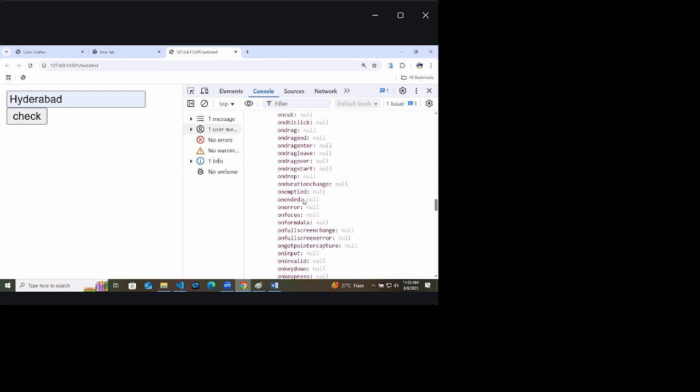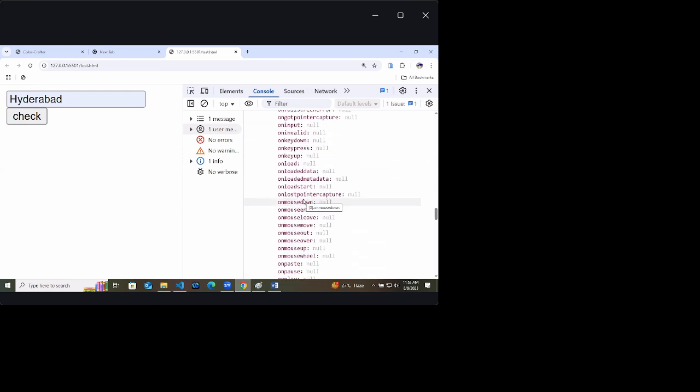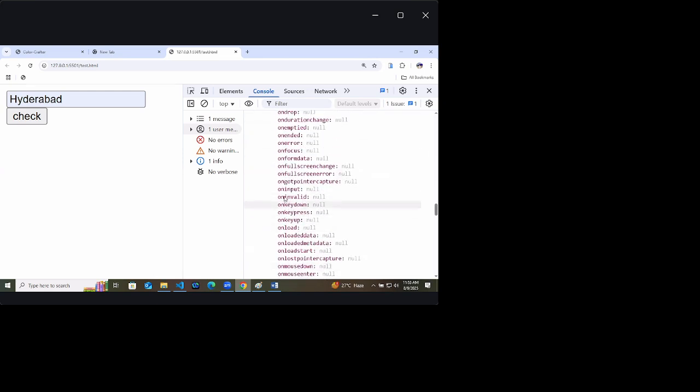And it has one more function that is called oninput. So these are the two inbuilt functions of JavaScript: onchange and oninput. But why we are discussing them, I will tell.